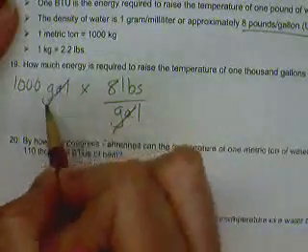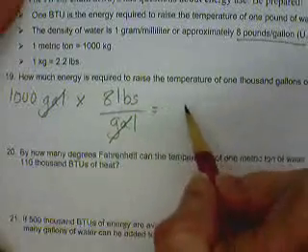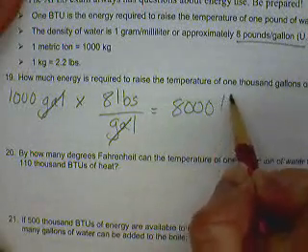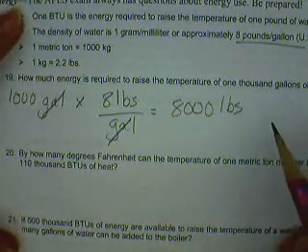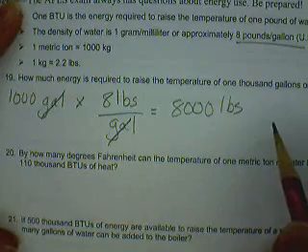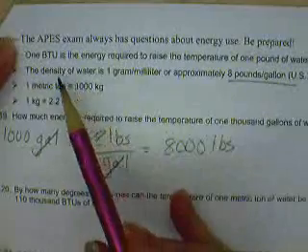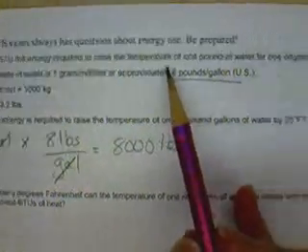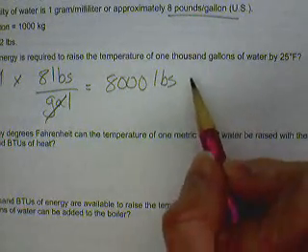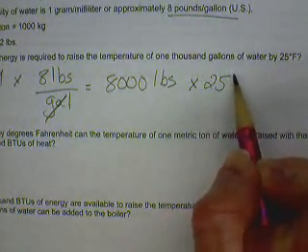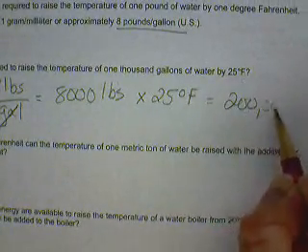So now my gallons can cross out, so that's good. And so we end up with 1,000 times 8, so we have 8,000 pounds of water here, and it tells us that we're going to raise it by 25 degrees Fahrenheit, and 1 BTU is the energy required to raise the temperature of 1 pound of water by 1 degree Fahrenheit. So this is kind of weird because you just multiply here by 25 degrees Fahrenheit, which gives you here 200,000